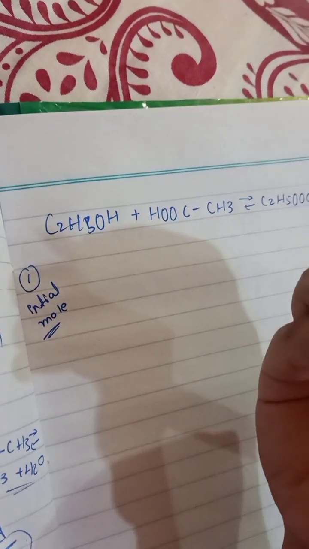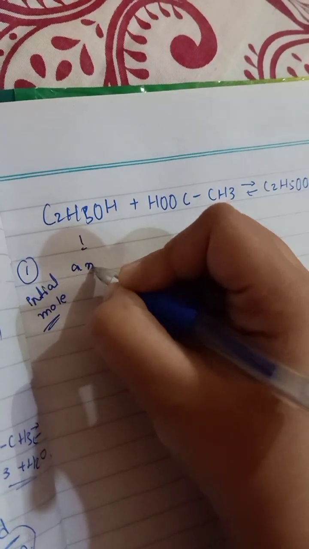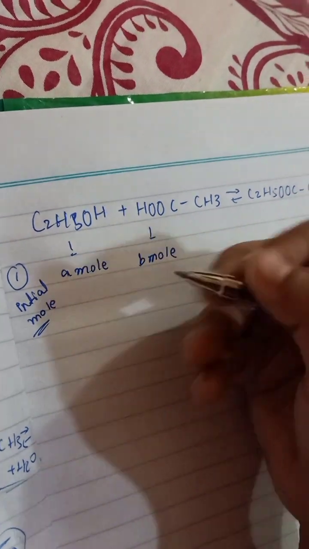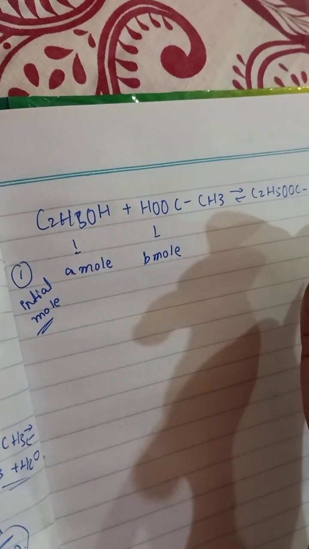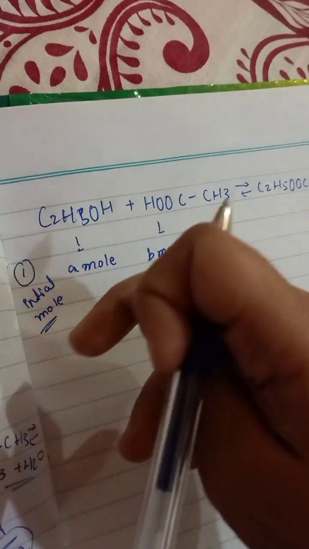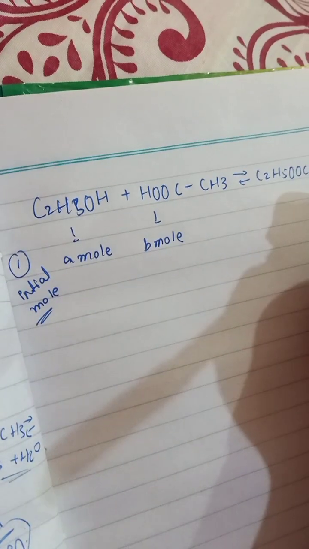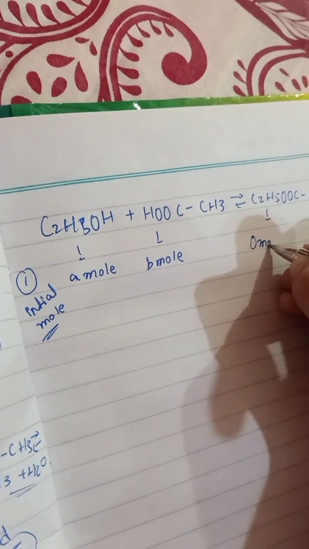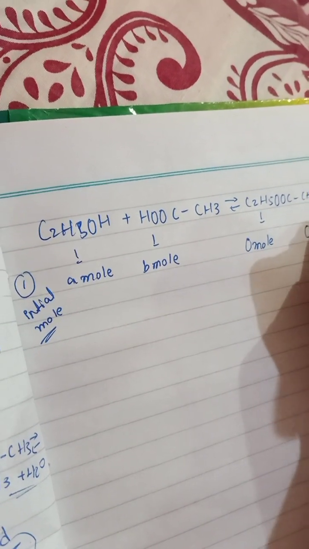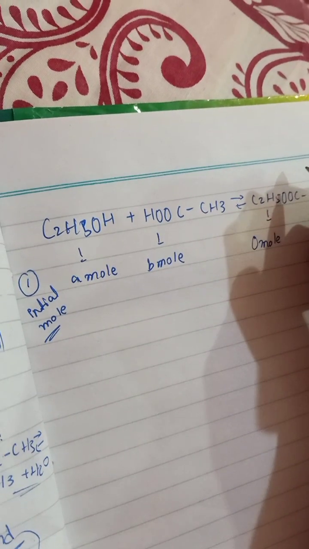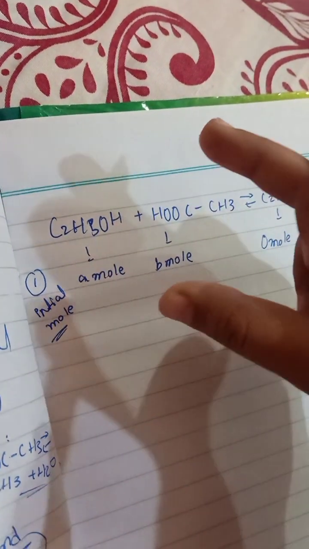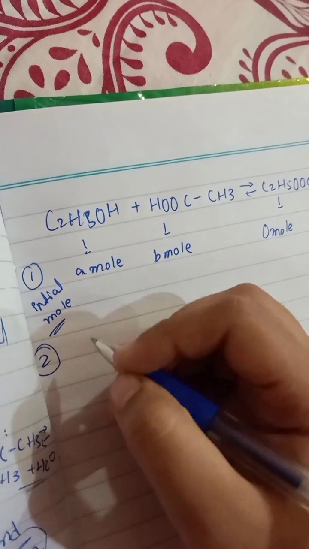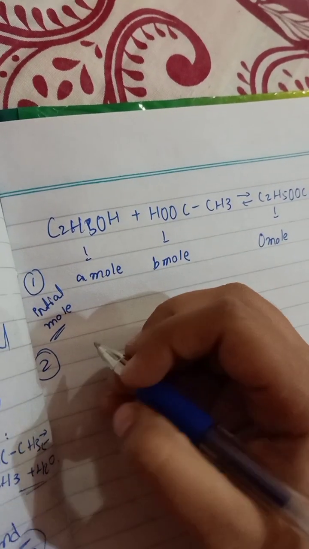For example, we have taken A mole of this and B mole of this. I'm talking about the amount. For the products there will be 0 mole because the reaction has not started yet, so there is no formation of the product. We have just taken the moles of the reactants. After that, in the second step, we take the moles when the reaction